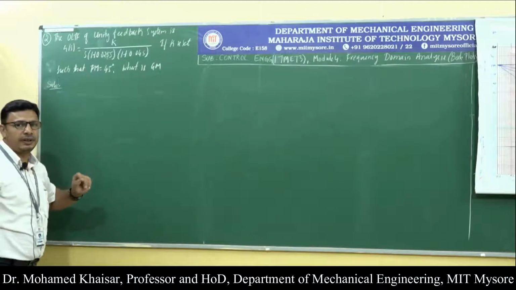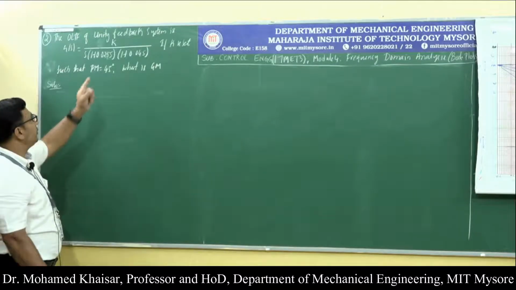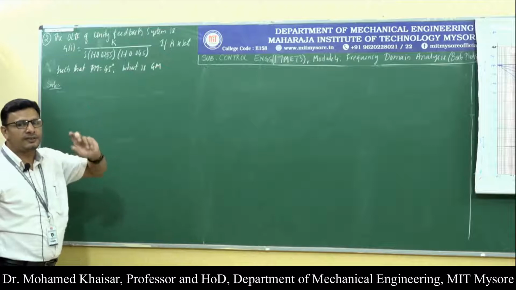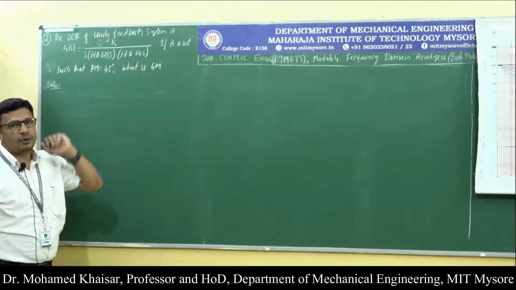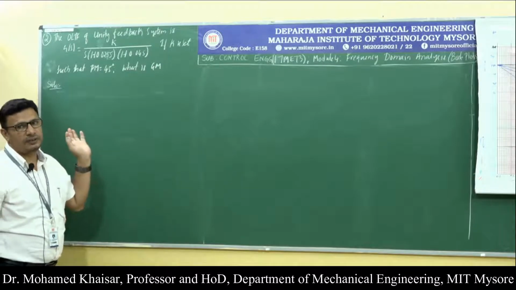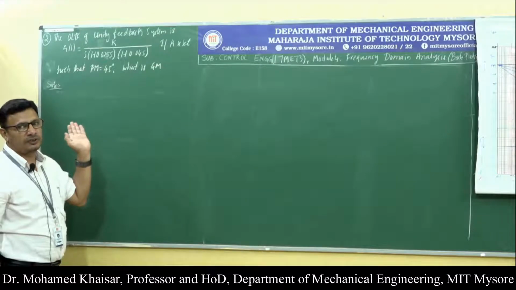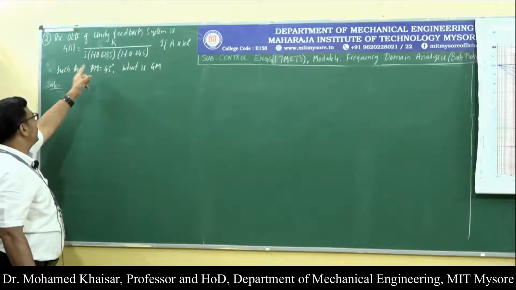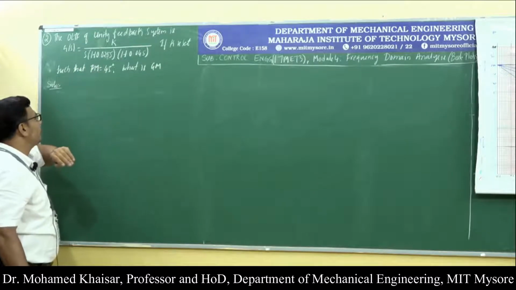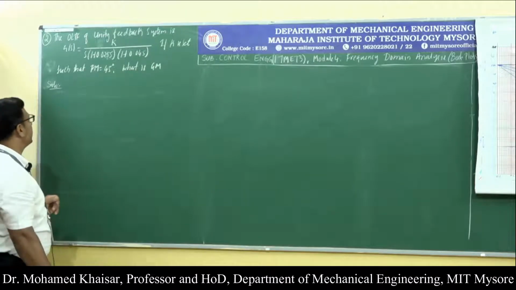So don't be under any misinterpretation that the question given is wrong, because when it is mentioned unity feedback system, then H(s) is nothing but unity. 1 into G(s) will obviously be G(s) only. So open loop transfer function remains G(s)H(s), G(s) into 1. So G(s) is equal to k divided by s into (1 plus 0.025 s) into (1 plus 0.04 s). Yes, this is the given question.